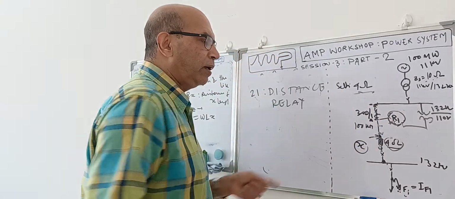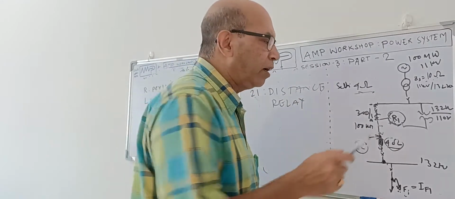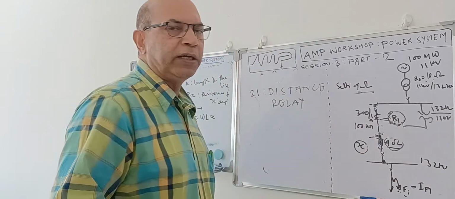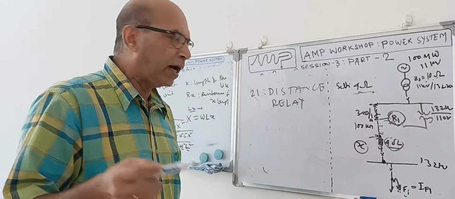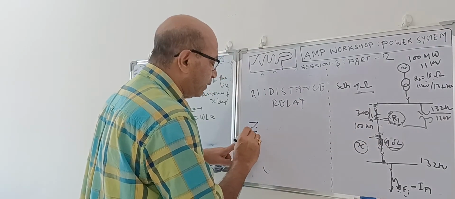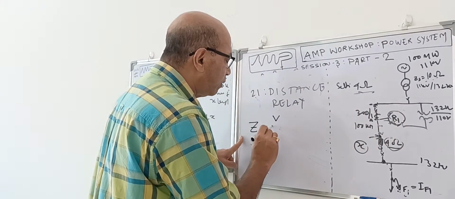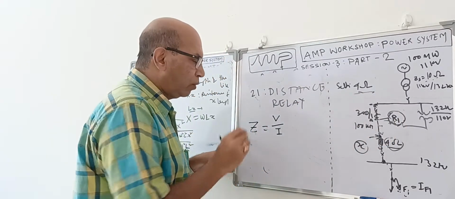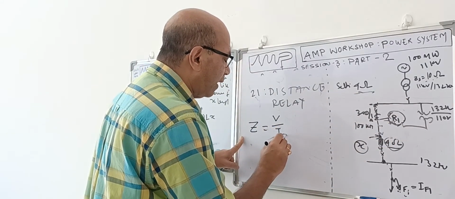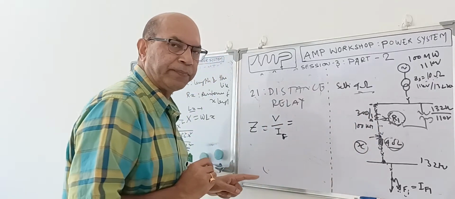So when a relay is to be used as a distance relay, like a directional overcurrent relay, you have to give the current signal as well as the voltage signal. Now the relay has the capability to calculate this voltage and current and divide it. So the relay will measure the impedance due to this voltage and current. We need the impedance formula Z equals V by I. V is the normal voltage, and I is the fault current. If IF is the fault current flowing through this, then V by I is Z, right?